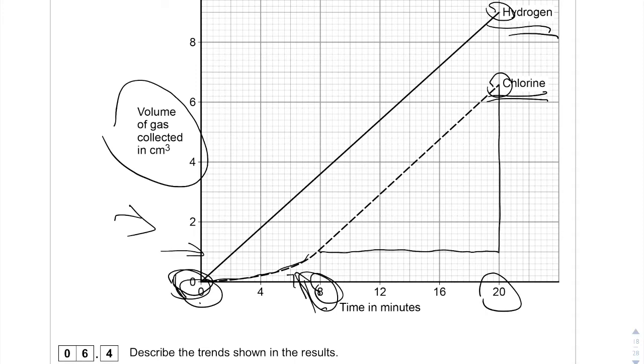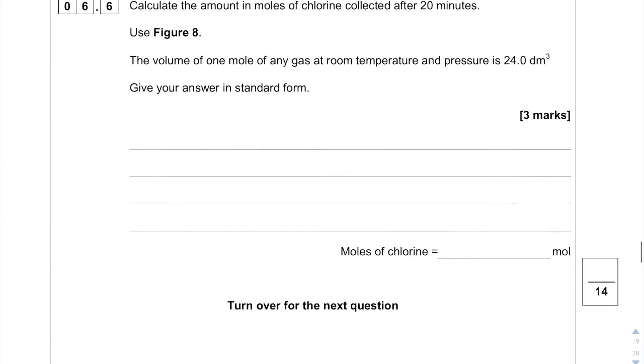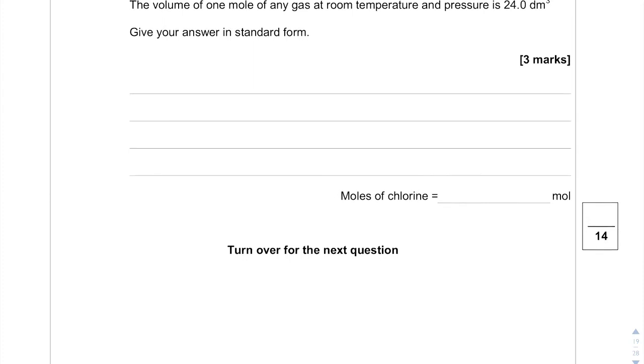So crudely, this is 1 cm cubed up to 6.6, which means that we have 5.6 cm cubed of gas. So 5.6 cm cubed of gas, and now we have standard room temperature and pressure, which